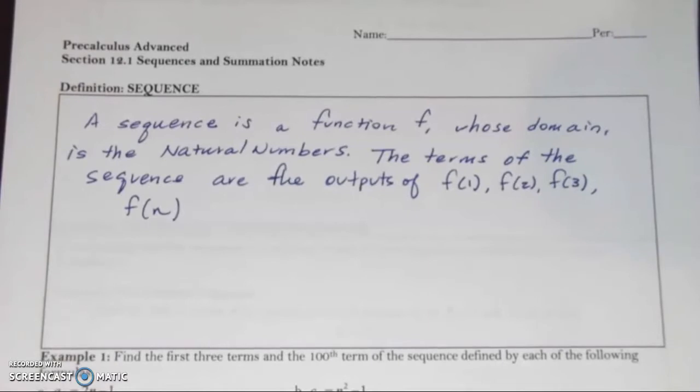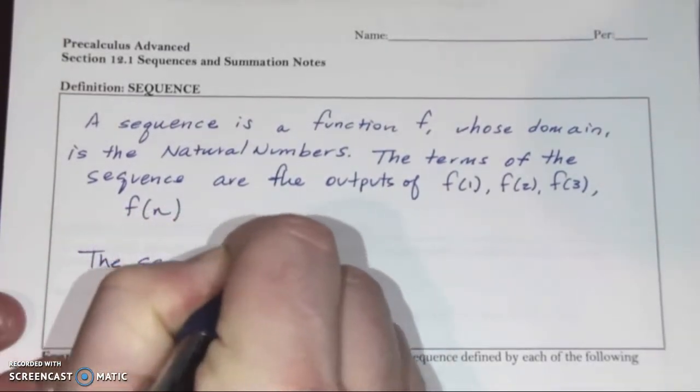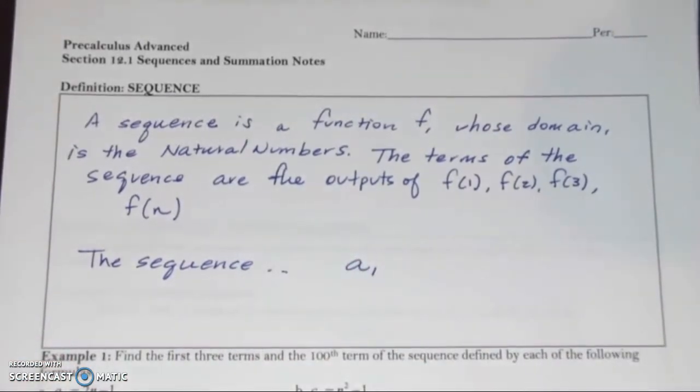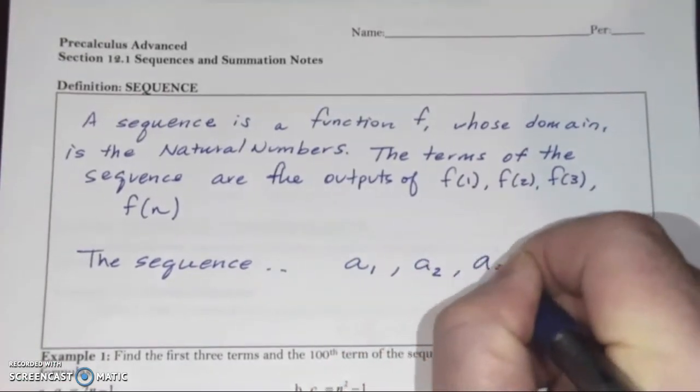Normally, when we're thinking of sequences, we use the letter A to denote a sequence, but as you'll see in some of our examples, they can really be denoted by any variable in terms of naming a sequence, just like we can use any variable when naming a function. We've had function f, function g, function h. It just basically determines what function we're talking about. But traditionally, the sequence is written as such. And we use subscripts, so that's a sub 1, a sub 2, a sub 3,